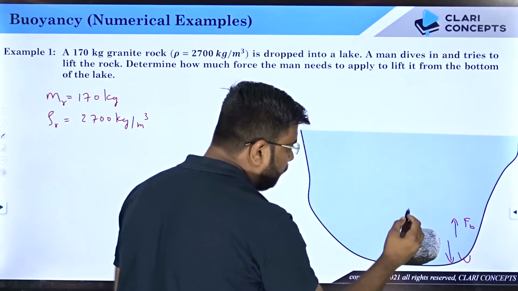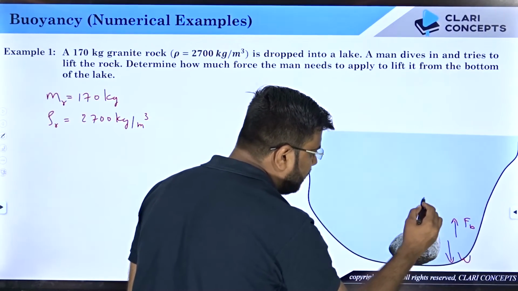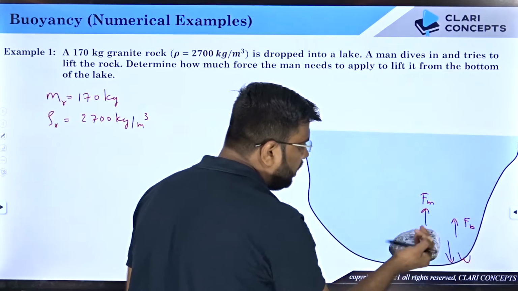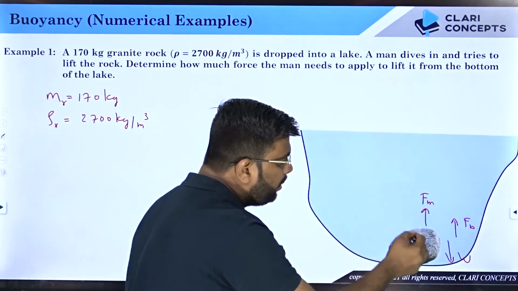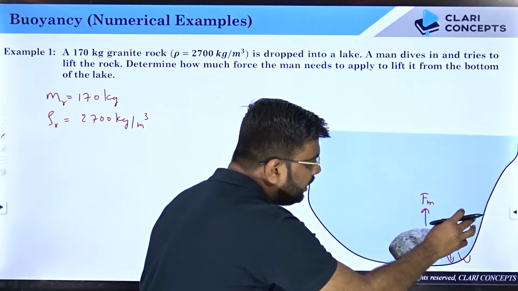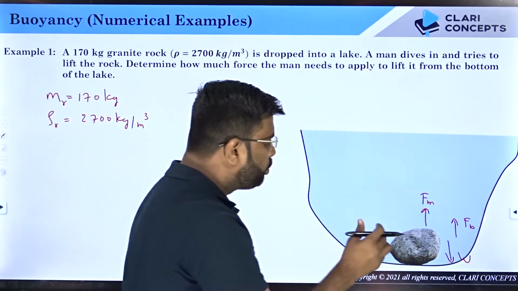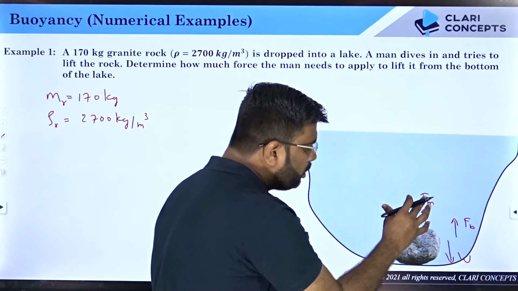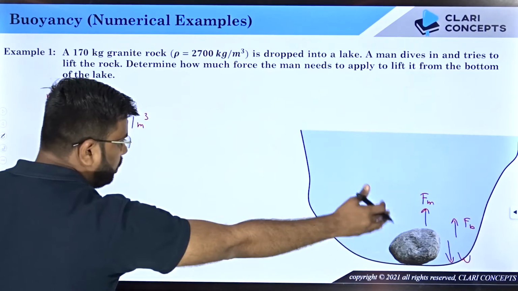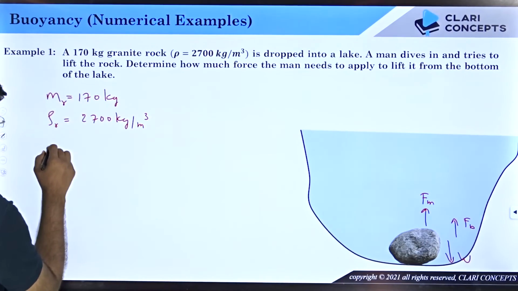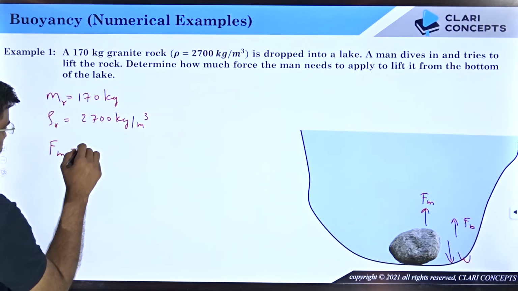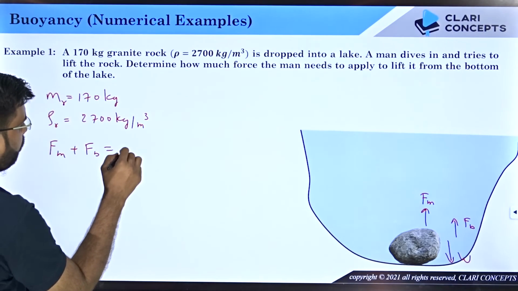Now let us say the force applied by the man is F_m. This will also be upward. So the force should be such that even the buoyancy force assists the force, it should balance the weight, right? So at least the force should be, if I do the equilibrium equations, force of man plus force of buoyancy should be equal to the weight of the